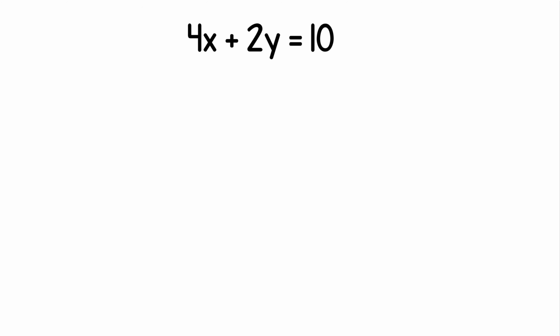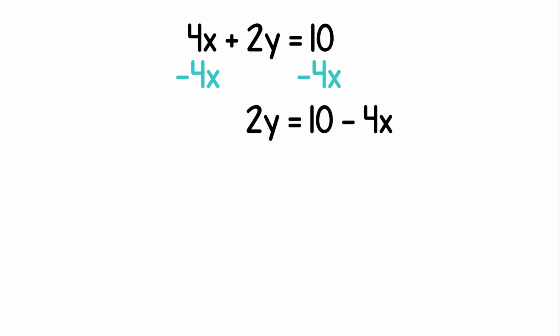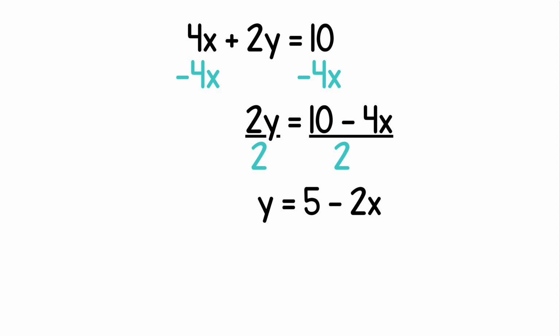So we'll take the equation they gave us and we'll put it in slope-intercept form by solving for y. We'll start by moving the x term, so we'll subtract 4x from both sides. This gives us 2y is equal to 10 minus 4x. Now we'll divide by the coefficient of 2 on both sides. This gives us y is equal to 5 minus 2x. Slope-intercept form always has the x term first, so we'll rearrange the equation. We'll get y is equal to negative 2x plus 5, and now we can see the slope and the y-intercept